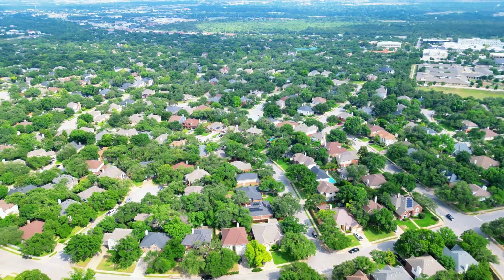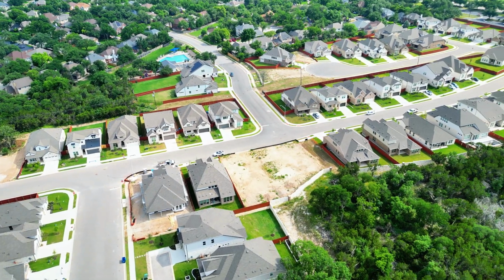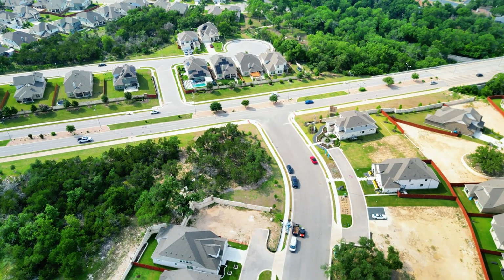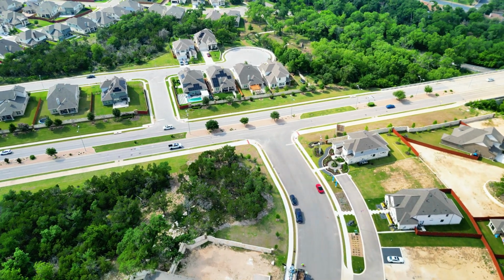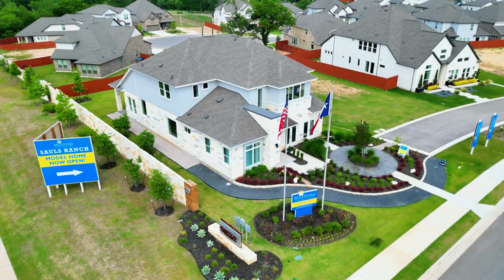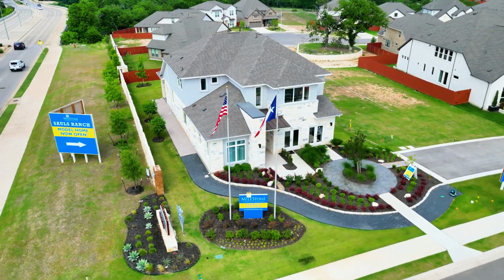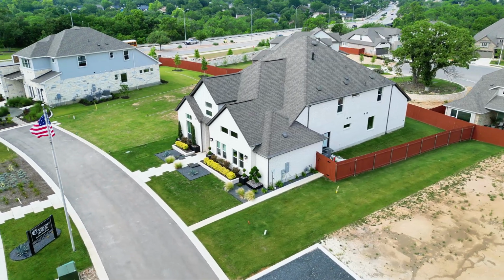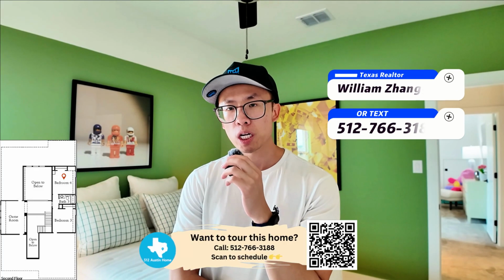A lot of people said, oh, I didn't want to buy a home in, let's say, 2021 or 2020 or 2022. And then they missed the boat. The prices didn't really go down. Interest rates went up. So the affordability is still very, very high. But now prices have calmed down quite a bit compared to their peak. And interest rates are going down as well. So if you're interested in learning how you can potentially buy with your budget in the Austin area,